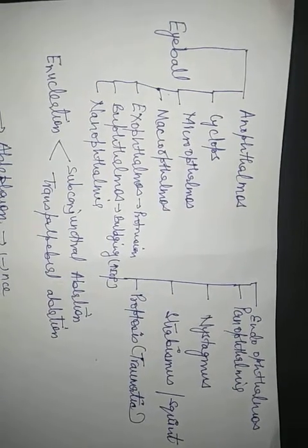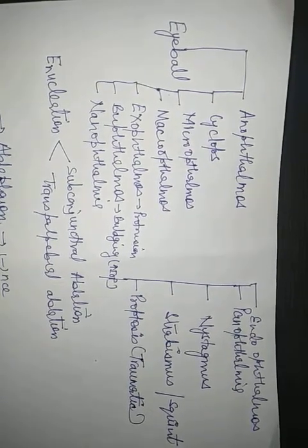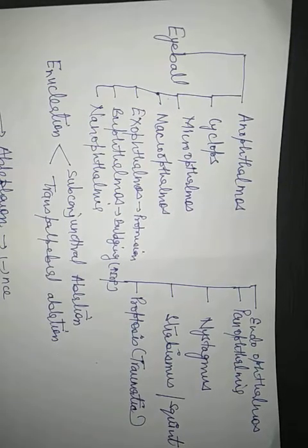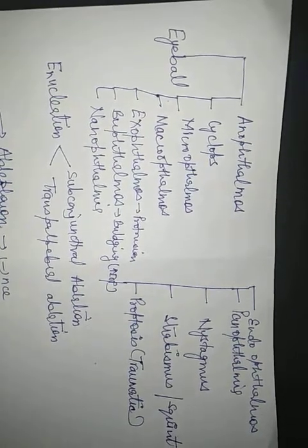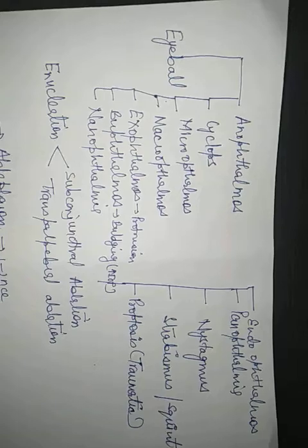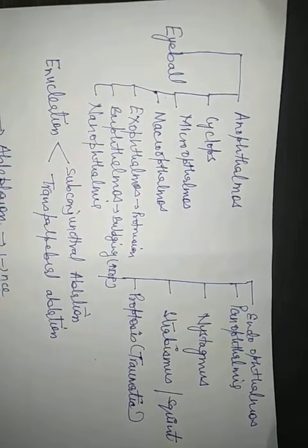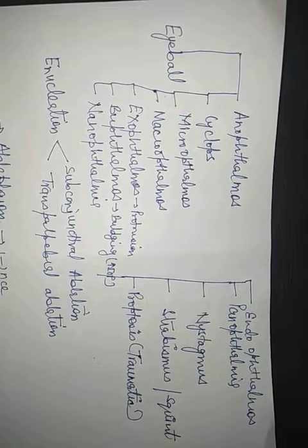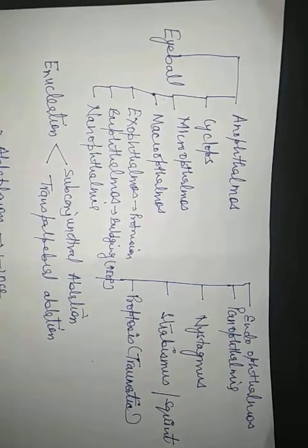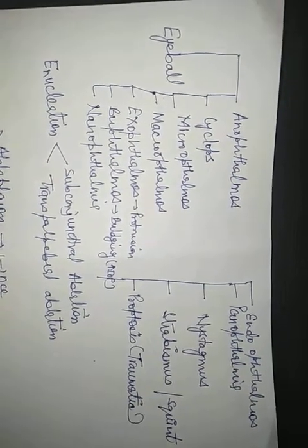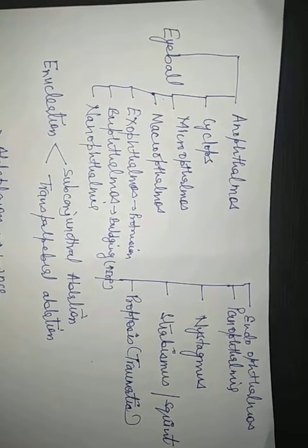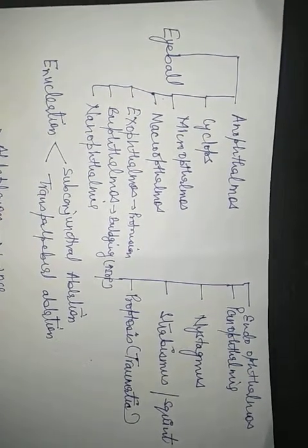It may be cyclops, which is again a developmental congenital anomaly in which one eye is present in the center, due to the fusion of the orbits. Then the other condition may be microphthalmos, which is a small remnant eye, due to the underdevelopment of the eye. Then macrophthalmos means a larger size of the eye than normal.